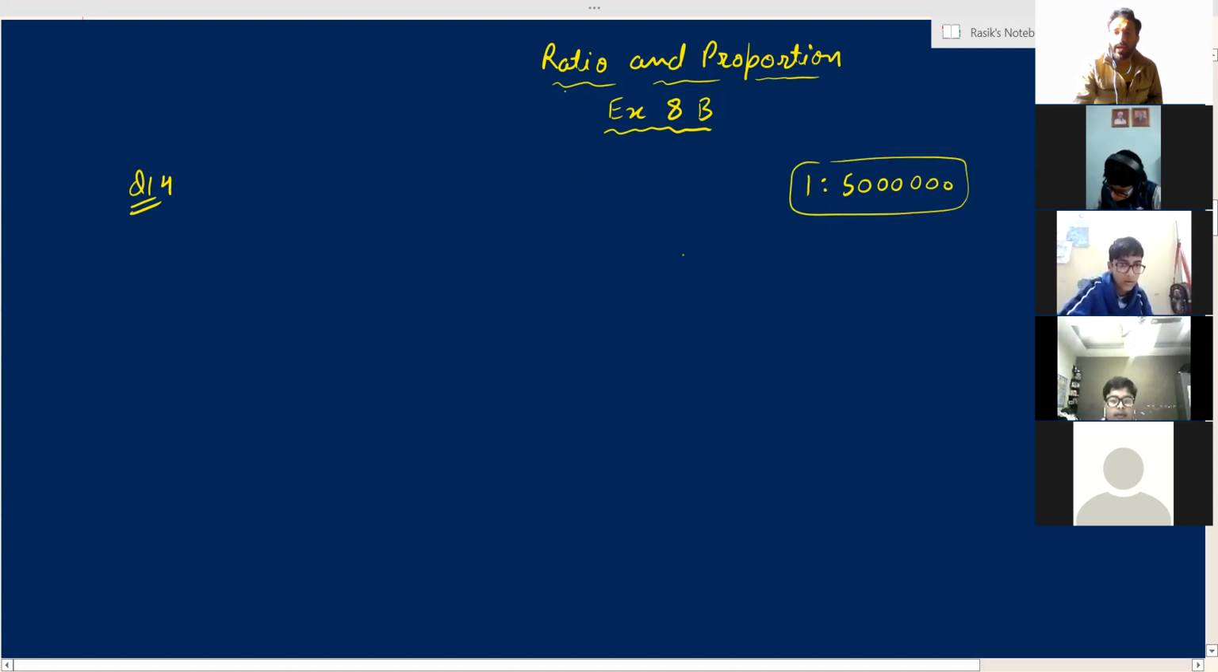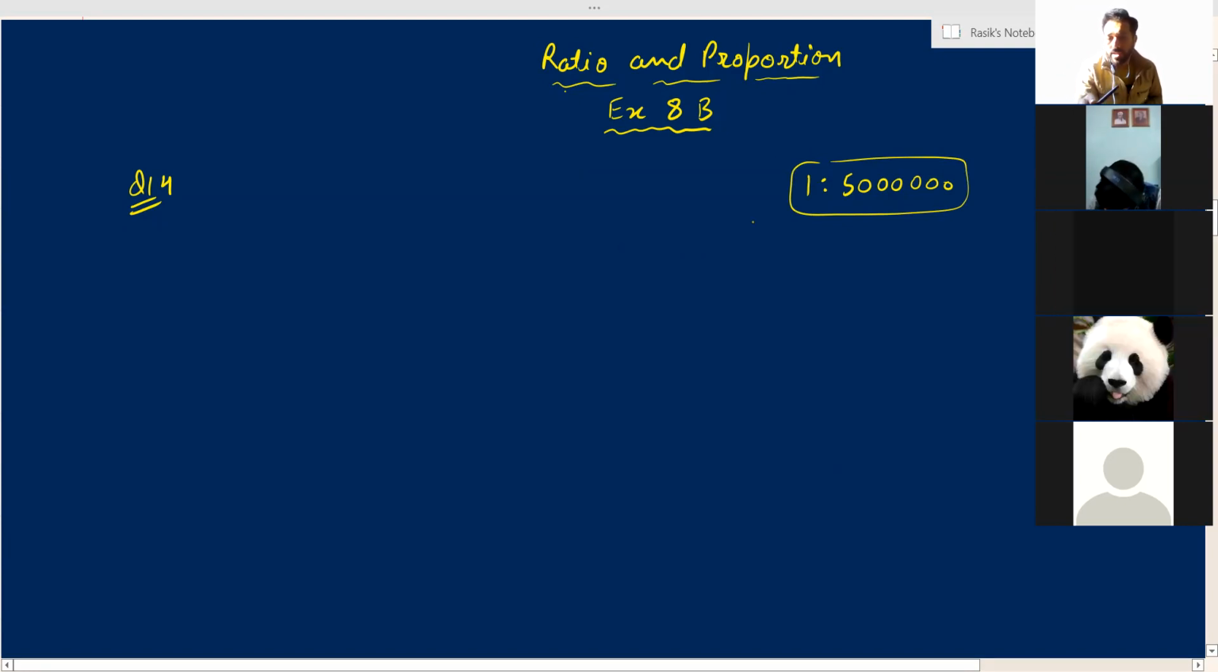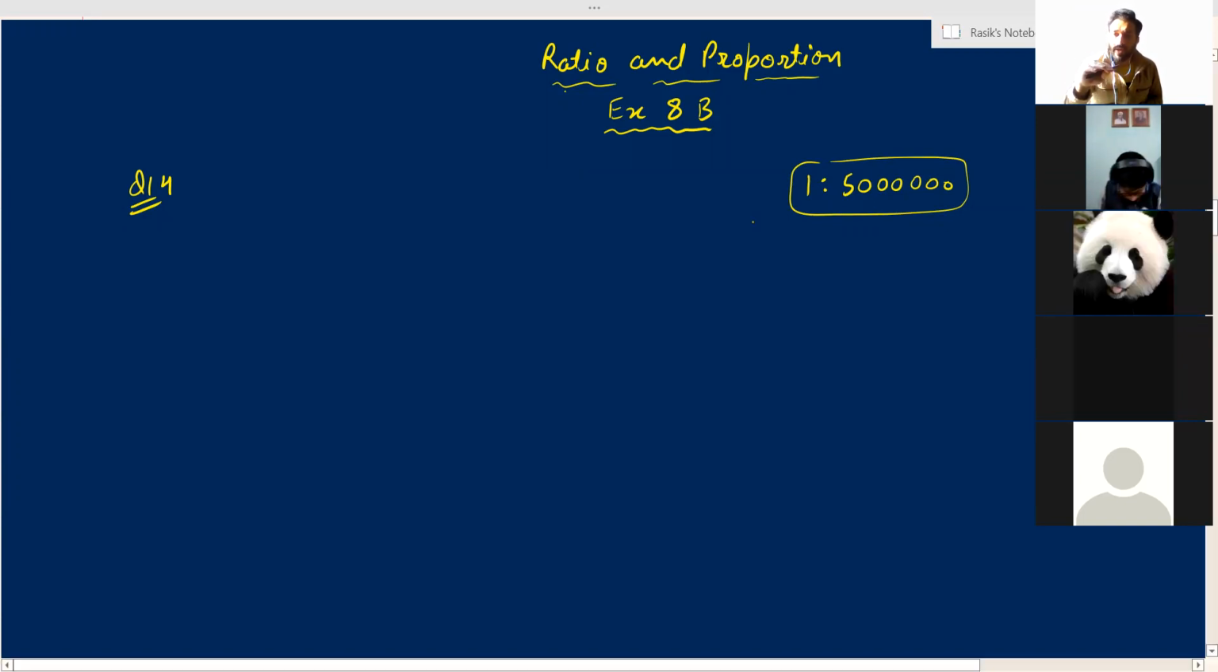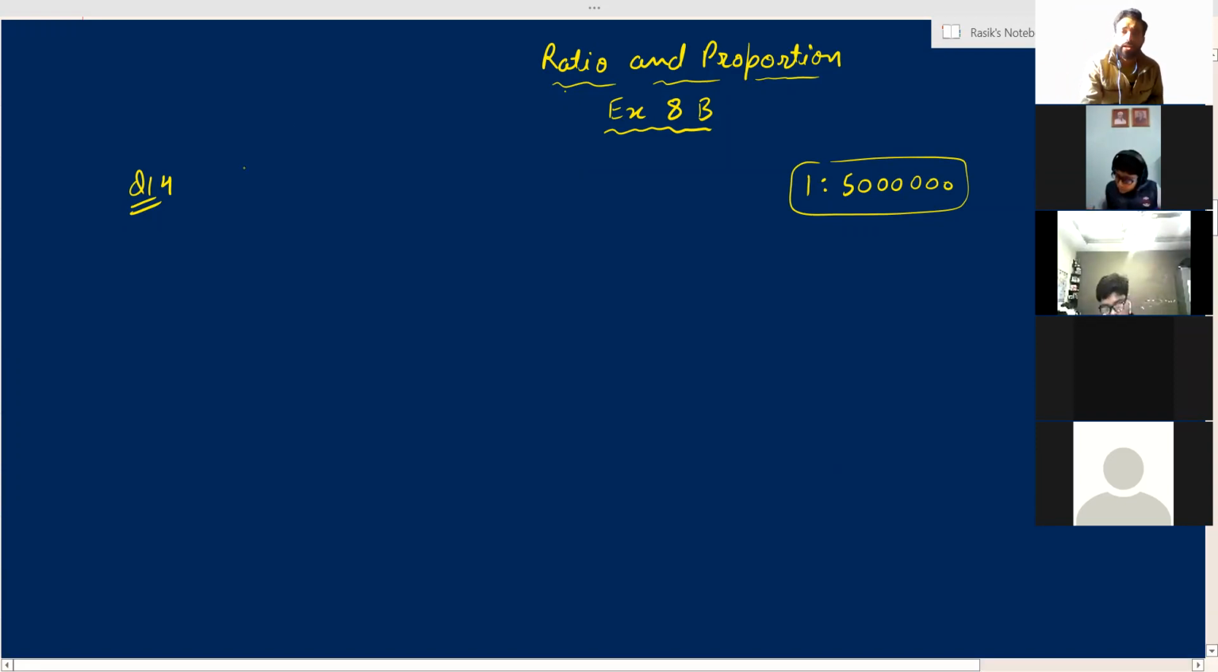Now you have to tell: if two cities are 4 centimeters apart in the map, if you see them in the map and you measure the distance, they are 4 centimeters apart. Then in actual, what will be the distance? So we can say the ratio, the proportion will remain the same. So let the actual distance